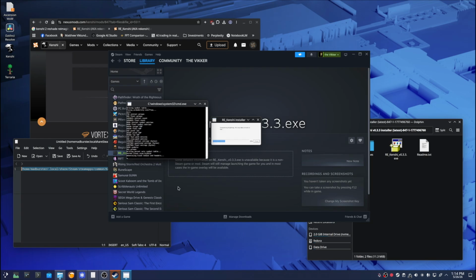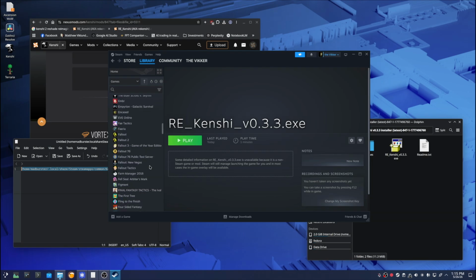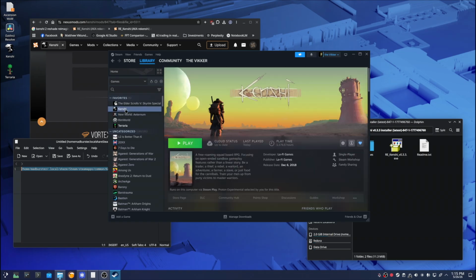Okay, so I'm reinstalling it just so you guys can see the process. Installed successfully. Close that. And that should be it. Now I swear on a Windows computer it actually creates a new exe file. But if we go back to browse local files,